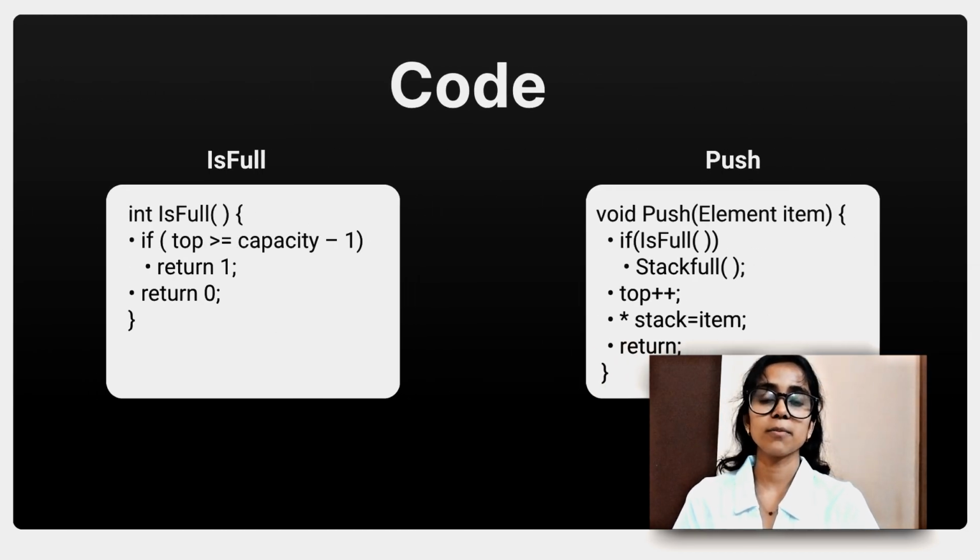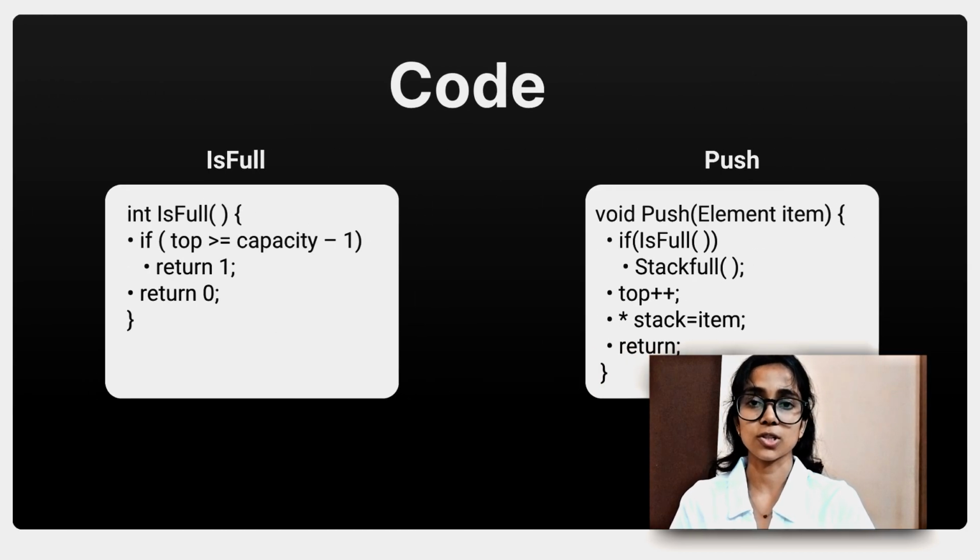Similar to static array, dynamic array also performs the same basic functions like checking if the stack is full, is empty, pushing the element or popping the element. Now let us understand the functions is full and push with the help of the code. Is full. While checking is full, we compare the value of top to the maximum capacity which we have assigned initially. To push the element, we first check if the stack is full. If the stack is full, then we dynamically allocate more space to this stack to add the element which we intend. Then we increase the value of top by 1 and add the element to the stack.